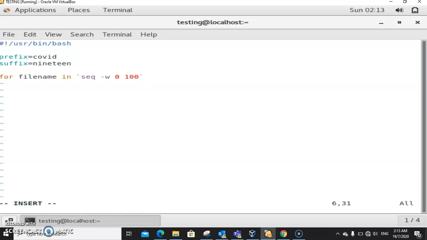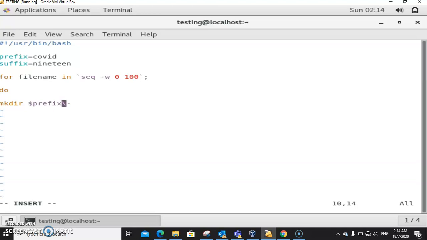Okay, so if you are running a command in a for loop, you need to put this symbol, and then you need to close it, and then semicolon do. Okay, so what command do you want the for loop to execute? I want to execute the mkdir command in my for loop, and I want to create the COVID-19 folder. The dollar sign means you want to call the variable. Okay, and then I close it by slash and then